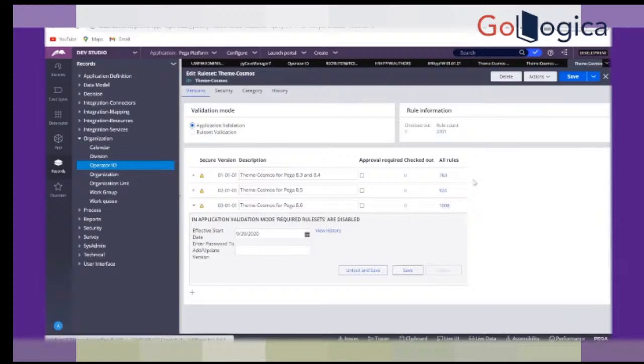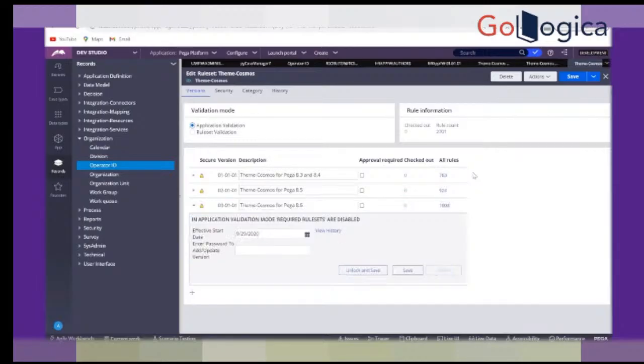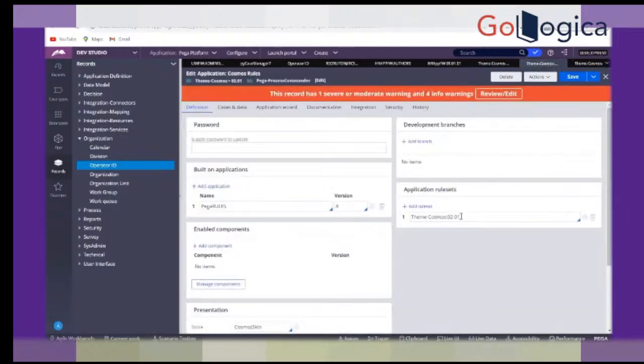That means it is going to use only 924 and 763, not the rules developed in 1008. So it is going to utilize features based on the rule set that you have specified in your application. It will consume the features developed in the top two versions only,